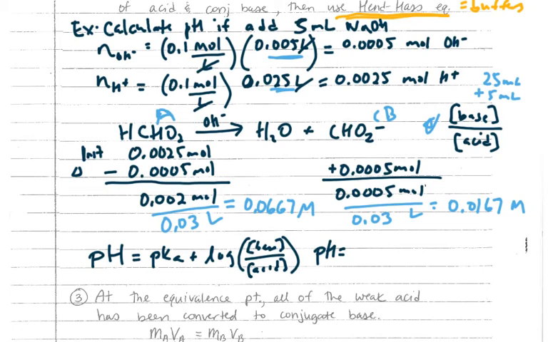We had the pKa on the previous slide. So the pKa is going to be the negative log of the Ka, and the Ka we said was 1.8 times 10 to the negative 4. So the pKa is 3.74